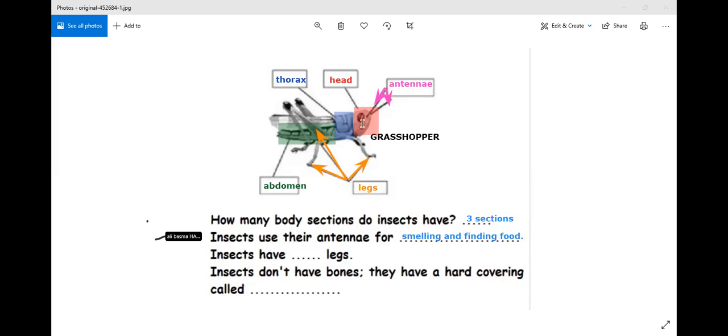Ali Saleh, yalla Ali. How many legs do insects have? 2. They have 2 legs. Like us, to walk? No, 4. No, more than this. Insects have